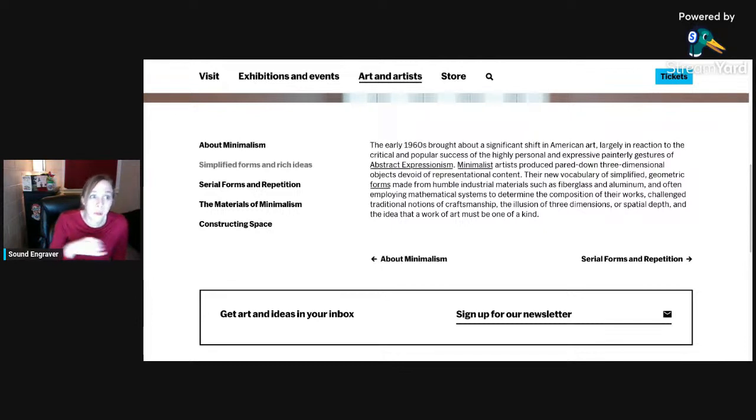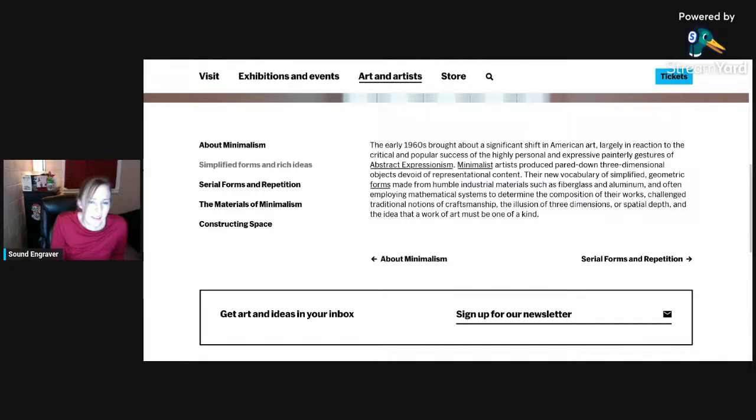So something like a brush stroke, something like nuance, something like a vivid gesture should be avoided with something like minimalism. Minimalist artists produced pared down three-dimensional objects devoid of representational content. Their new vocabulary of simplified geometric forms, that's key, made from humble industrial materials such as fiberglass and aluminum, and often employing